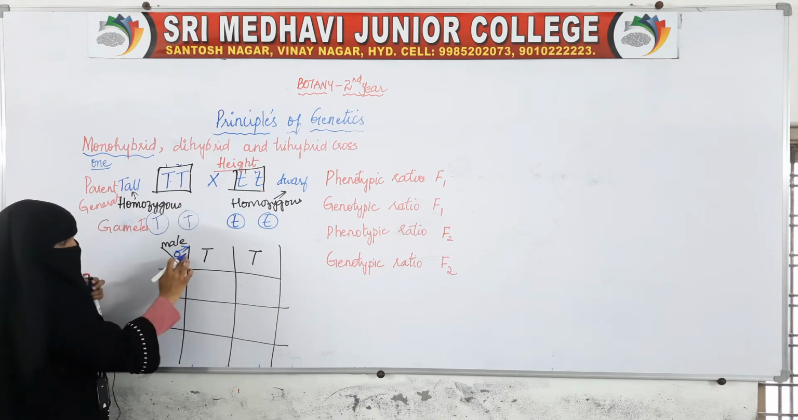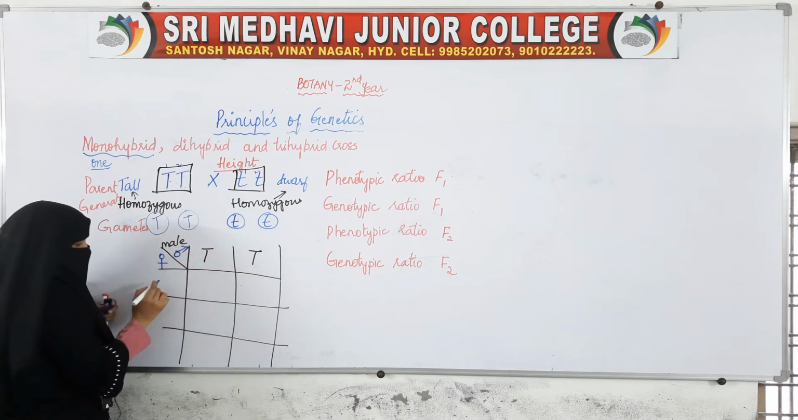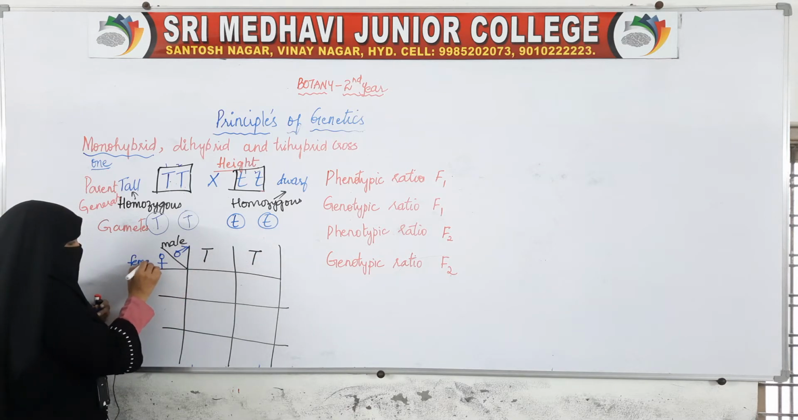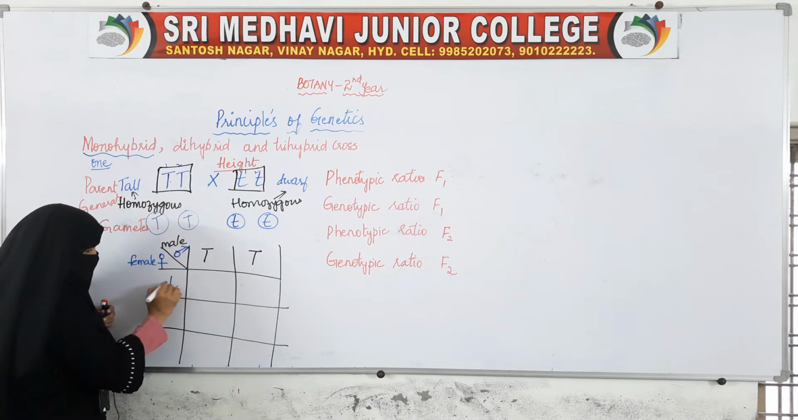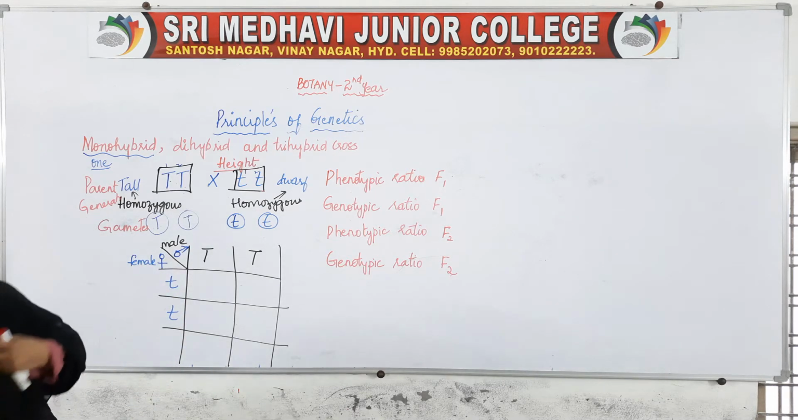These are the male gametes, this and this. Now here the female gametes, this and this. This is the female gamete. This is small t and this is small t. So when we make a Punnett square,